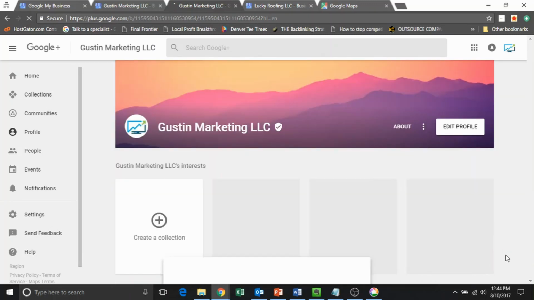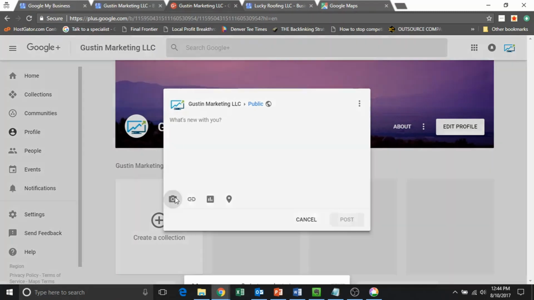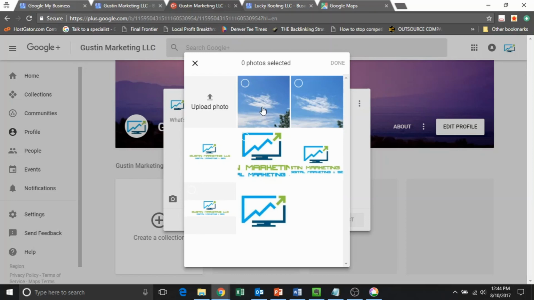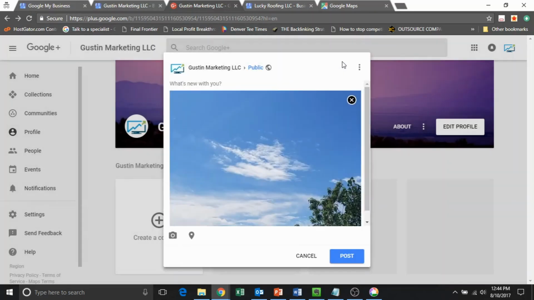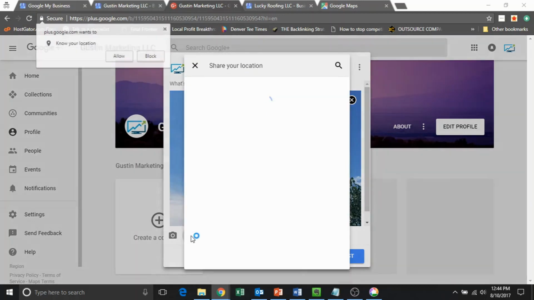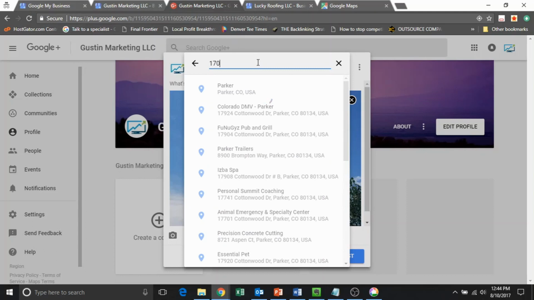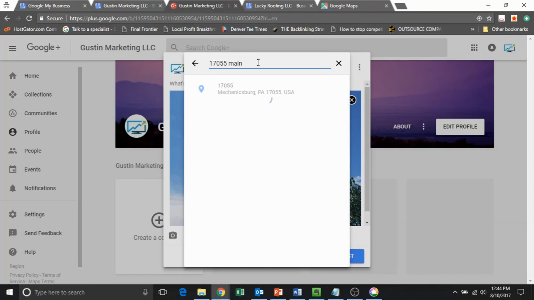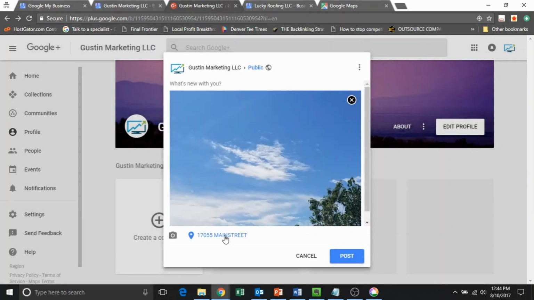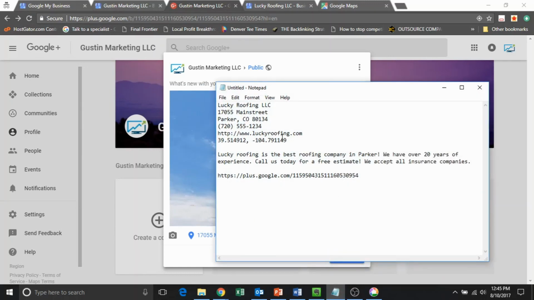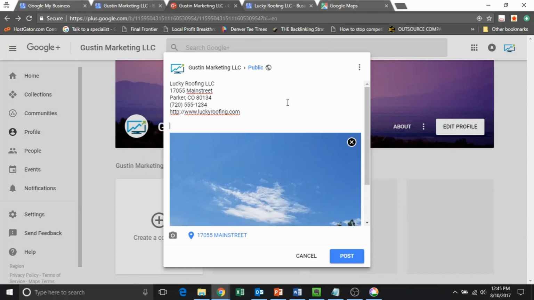So to make a new post, we're going to click that icon at the bottom right, and then I'm going to click the little camera icon there, and then we'll just select one of these photos that I uploaded earlier. Then we're going to click this little pin here, and then you want to hit allow, that way they know your location. But we're actually going to search up here at the top for the address that I put in as this business address. So we're going to click that, and now it's tagged to this location. And then you want to add in your name, address, and phone number in here, and then